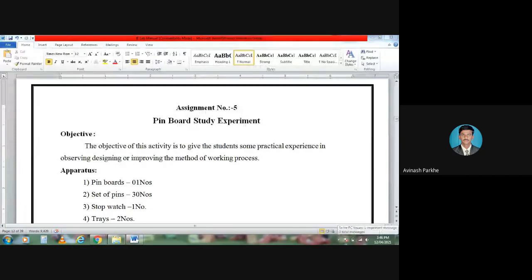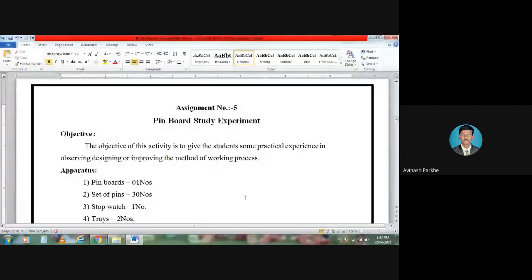Okay, so once again, good afternoon. Today we'll discuss experiment number 5, or assignment number 5, based on industrial engineering. The name of this particular experiment is the pinboard study experiment. This is experiment number 5, which is mostly the application of the method study and the time